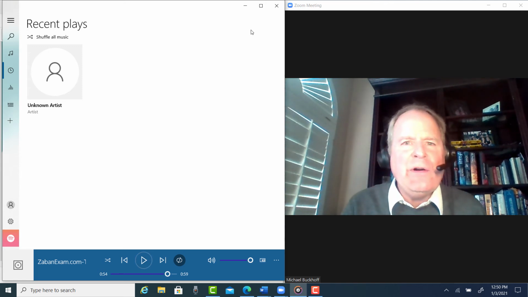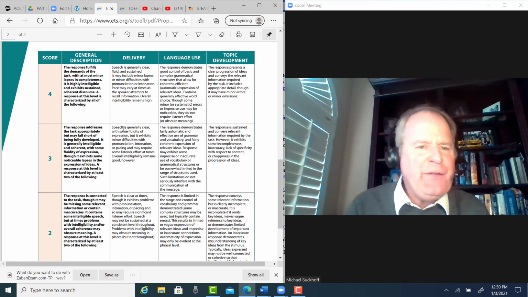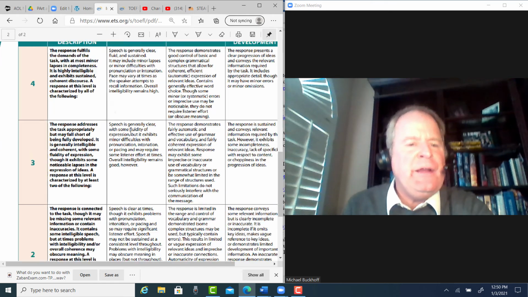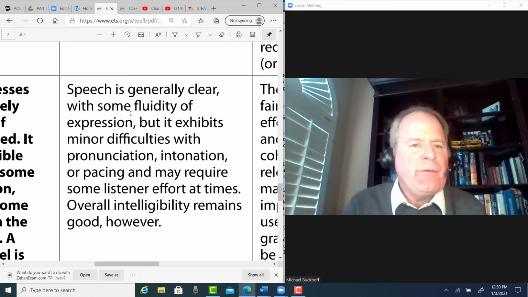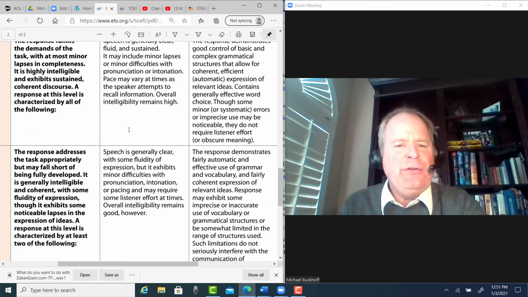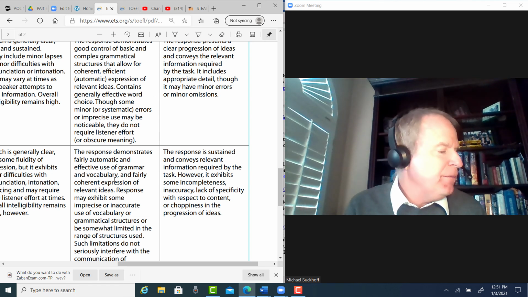Right. So looking at it, I think the big issue here, this is good to know, is delivery. You're having some problems with what I call fluidity of expression, right? So I think you can work in this area. So this is a good idea for tomorrow when we do a TOEFL private lesson, we can work on this a little bit. You need to be able to speak fluidly without a lot of pauses and hesitations. So that's part of it. And you did have one pretty big language use problem at the end of the response there.